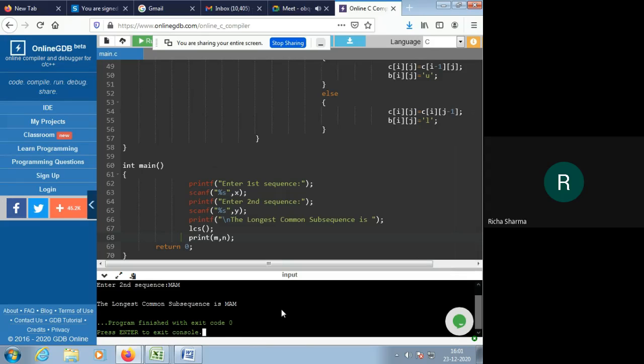And we can also print the length of this longest common subsequence by counting the characters in it. So I hope you all understand, and if there is any query, you can ask me in the other theory lectures. Thank you all.